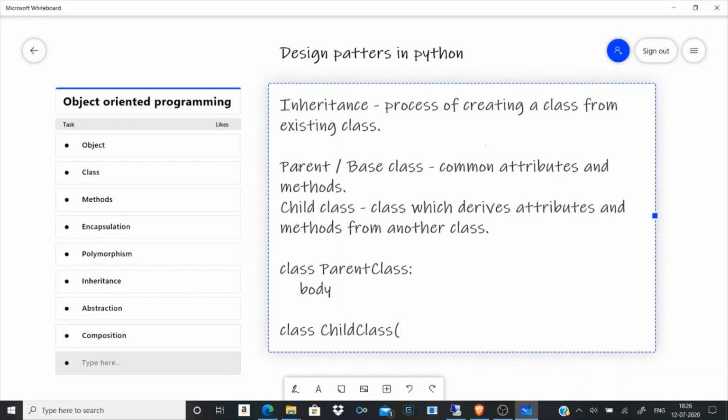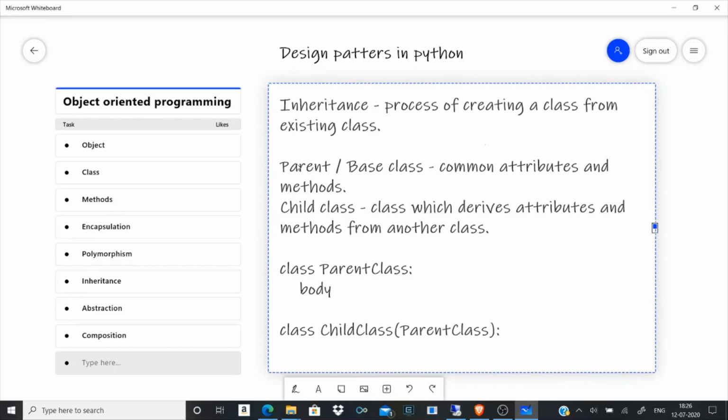Within the parentheses the parent class name is passed, and here the body of the child class will be defined. So the parent class name is mentioned here so that the properties defined within the parent class can be accessed by this child class.